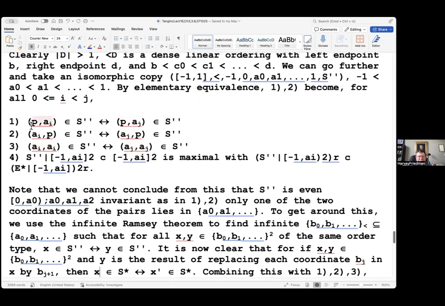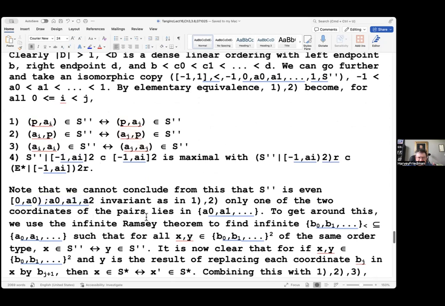We're not moving two. The problem is, what happens if I have, say, A5 comma A7? All bets are off. I don't have that. And then I have the maximality, here's the maximality for each Ai. So we don't have quite what we want, but we can get around it.